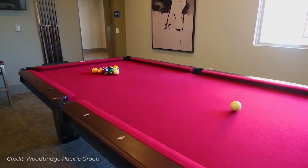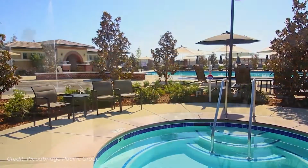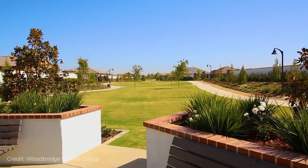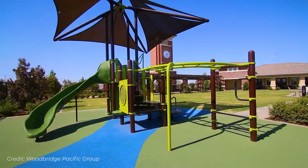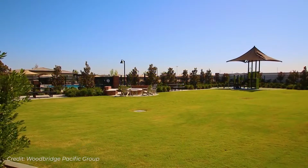pool, the billiard, the gym. You know, you can do a wedding reception there. You can do a baby shower there. You can do a birthday party there. You just have to reserve it. There's a big old giant catering kitchen in there. There's just a ton of stuff that you will have access to when you are in the